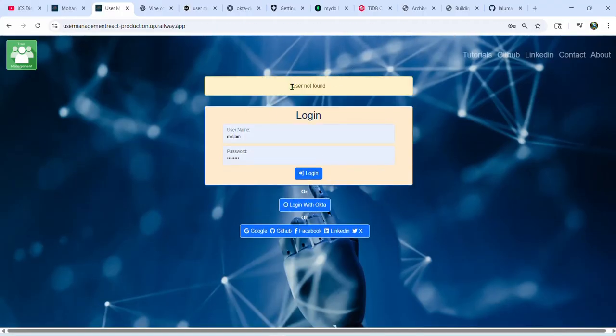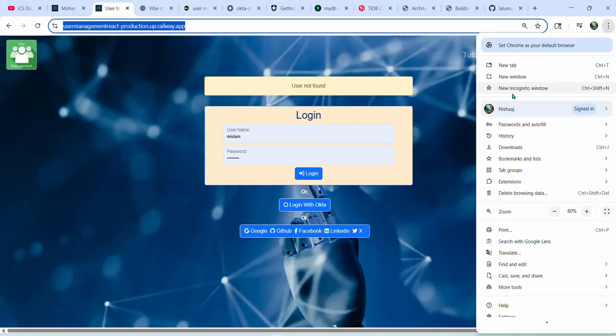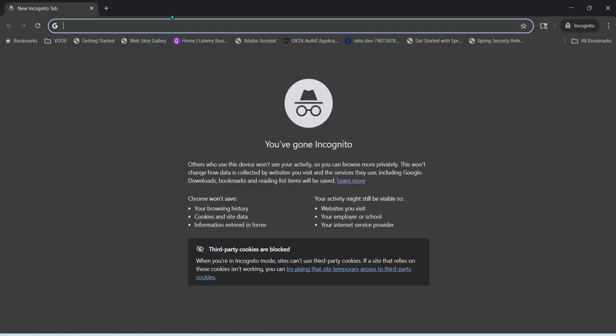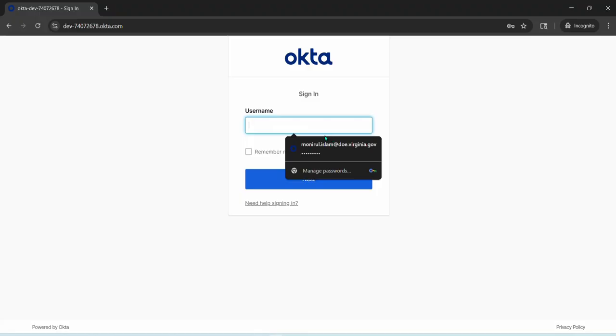Now, the reason it says not found is because I'm already logged into my Okta account as an administrator, and I don't have that user authorized for this application. Let me show you in incognito mode so that it works. All right, so I'm going to go with this login with Okta, and it automatically prompts me